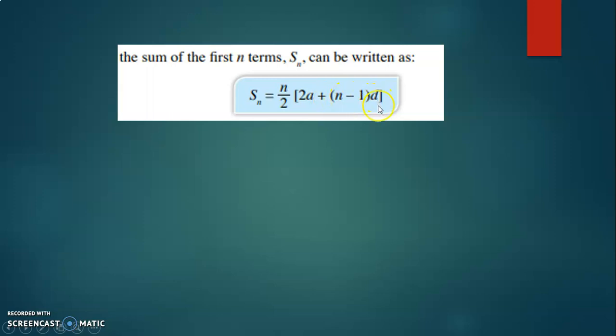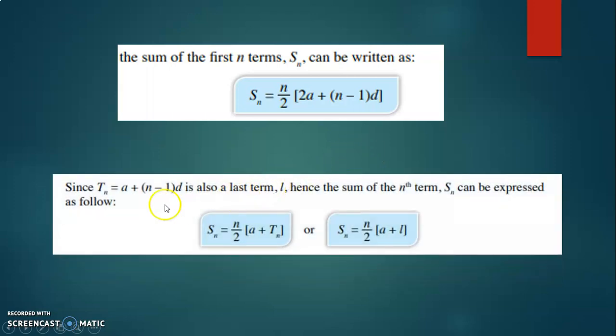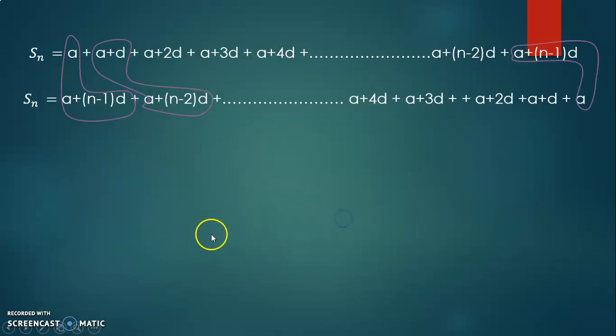So this is the formula for sum of n terms, can be written like this. Okay, Tn 也等于 a plus n minus 1 乘以 d，is also the last term, which is L. 所以我们也可以把 Sn express as n over 2 乘以 a plus L, a plus Tn, if you know the last term. Okay. 最重要是这个了。